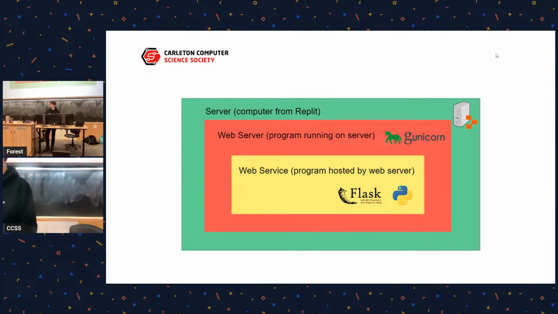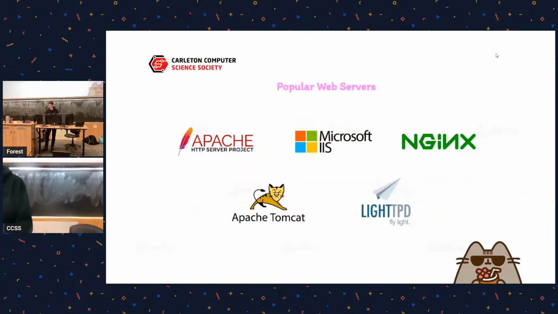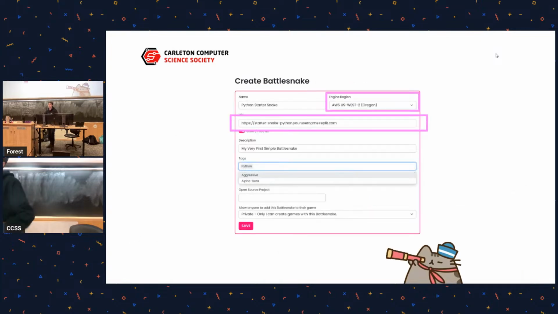So that's a general overview of what's going on there. I already went over this slide. The next part I want to talk about is the Battlesnake side of things. When we were setting up or creating our Battlesnake, I want to talk about